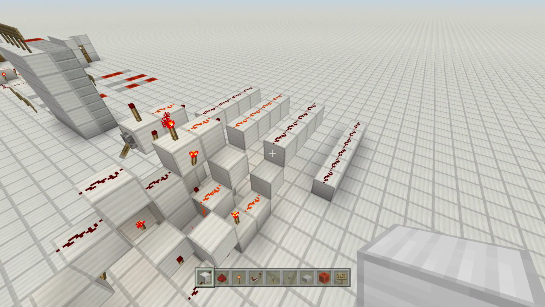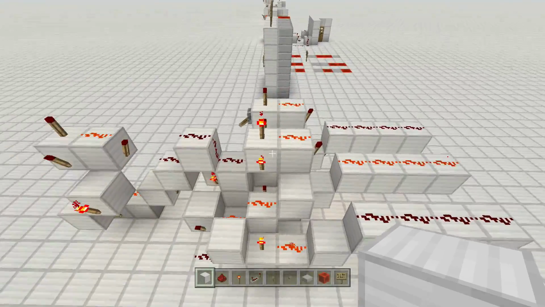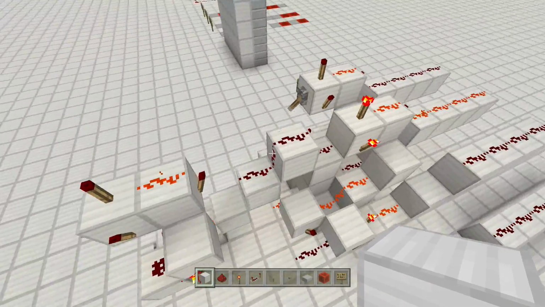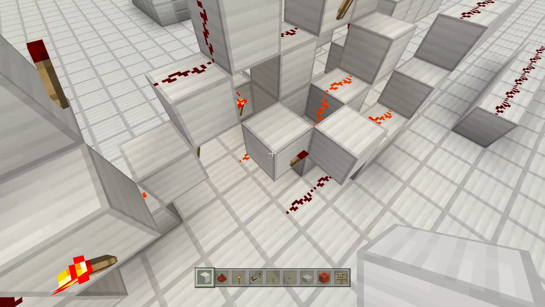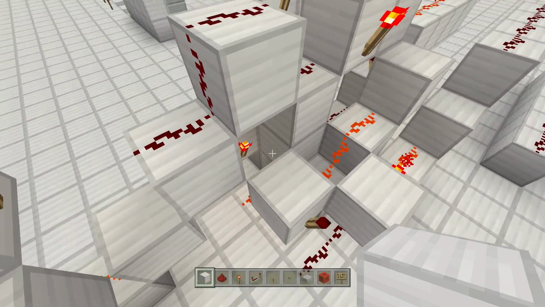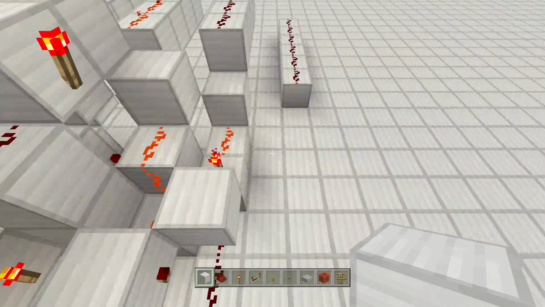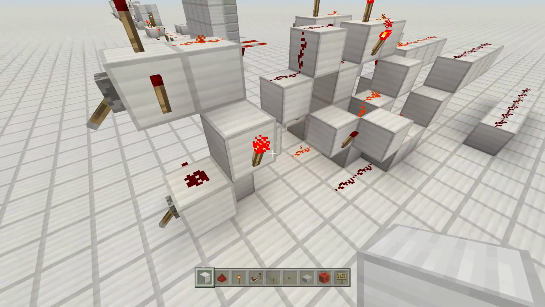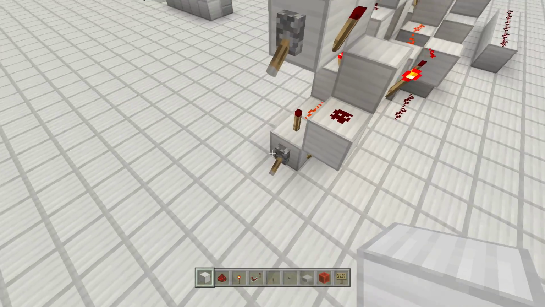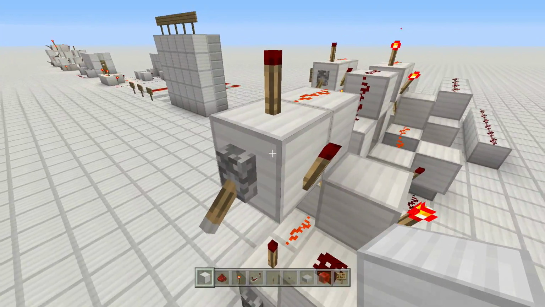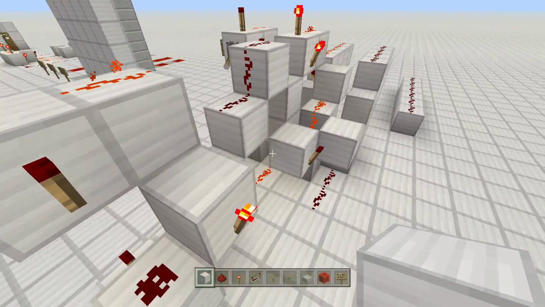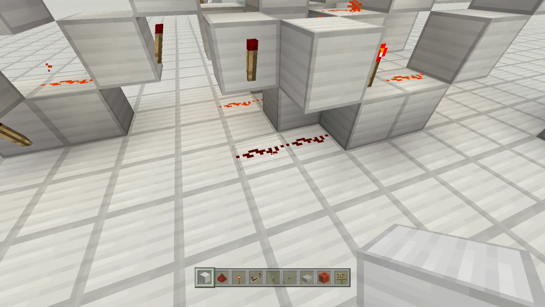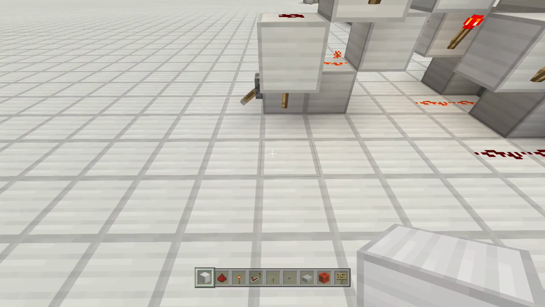Now I'm going to do the same thing for the number 4, but for the number 4, now we've got to think. What are we going to do? For number 4, there's going to be the carry out of the 2 plus 2, which can do a 4, and it's going to also need 2 inputs for its own 1 representing 4. So we need 3 inputs. We need the carry in, and it's also going to have